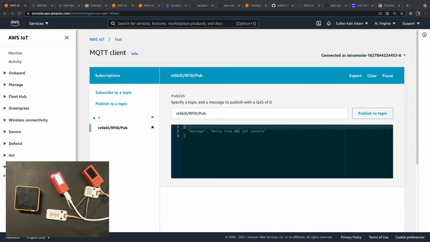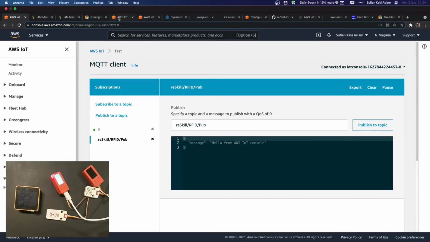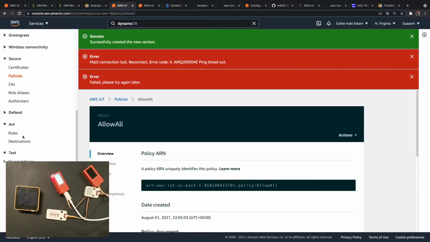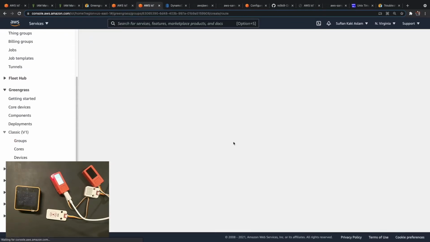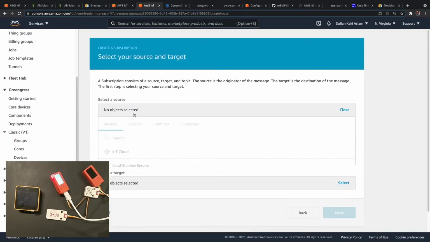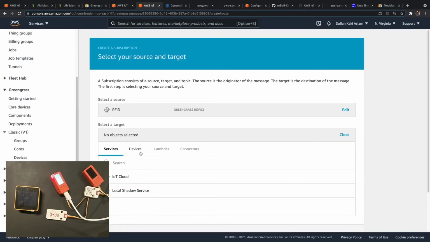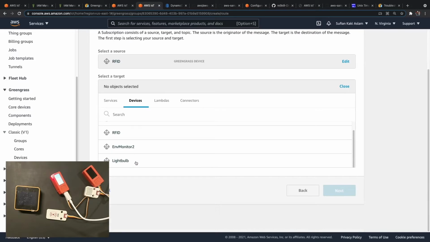Maybe I need to create a subscription such that from one device to the other device, there is the data flowing in. So I'll go to Greengrass, add a subscription, and then I do from devices RFID to it has to go to light bulb.